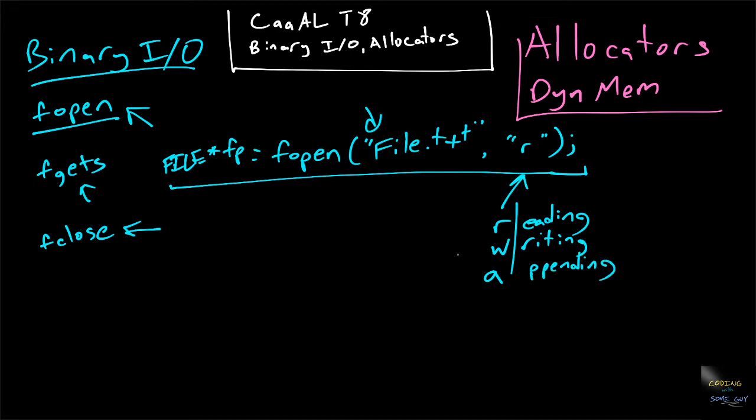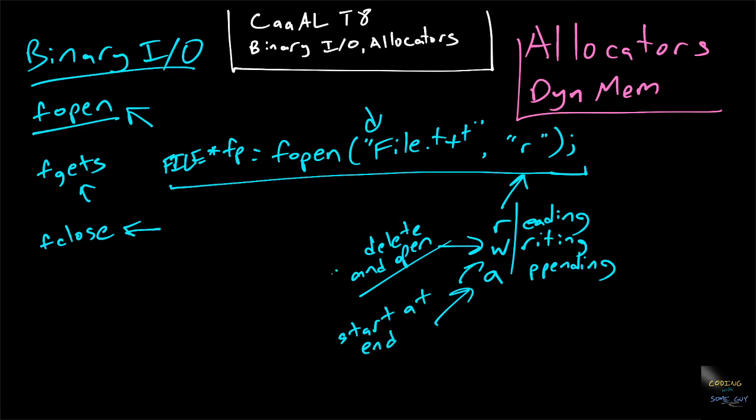And this is sort of the same thing as writing, but if the file already exists, writing will just delete it. It's like delete and open. So it's like you're opening this thing for writing, like you fully expect to start from scratch. And appending is really, if there's nothing there, the same as opening it for writing. But if there is something already there, then this will just stick it at the end. So this will start at the end. And the only real difference between these two is the position in the file.